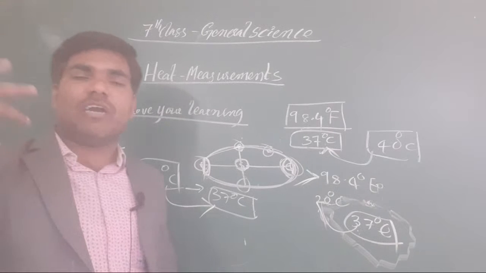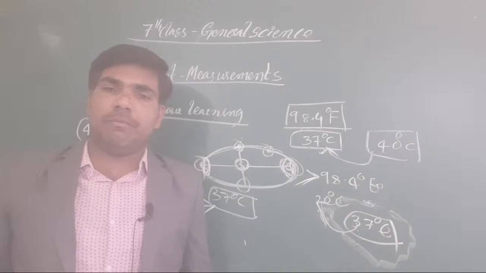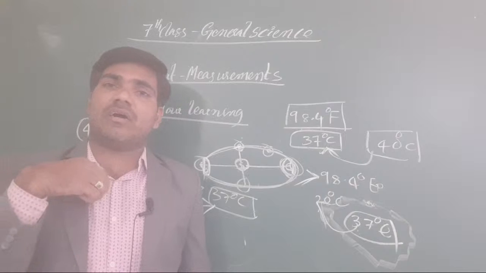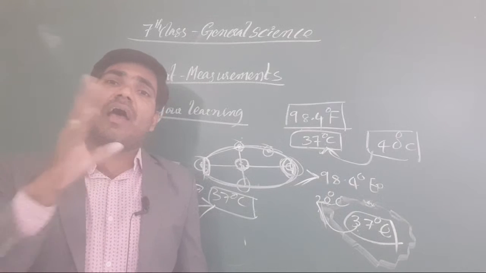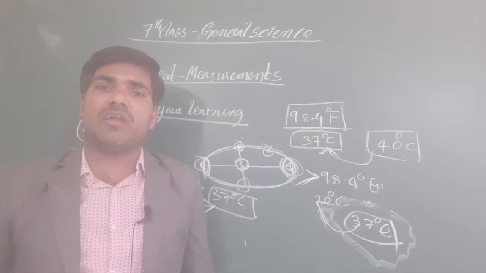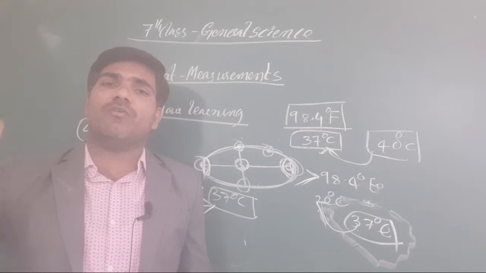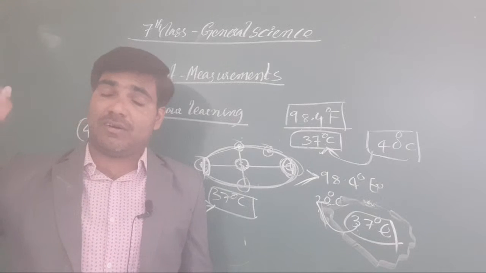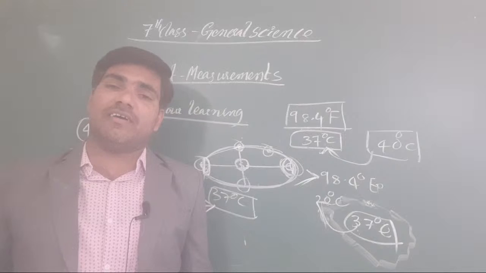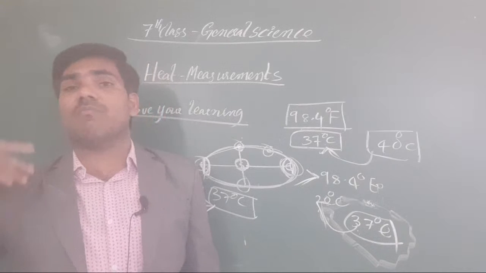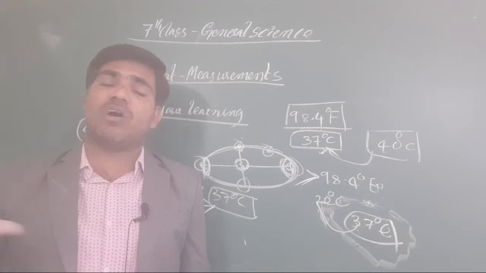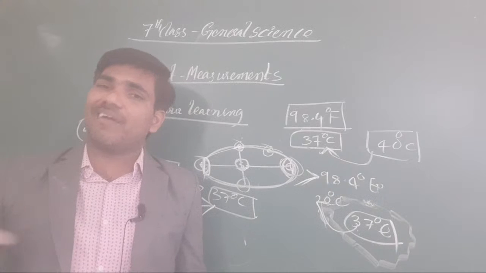What did we understand from this? Every time, for our healthy purpose, so that our body organs work as usual, we compulsorily maintain our body temperature at 98.4 degrees Fahrenheit, otherwise 37 degrees Celsius. Now, if it is greater or lower than this temperature, our body is not in a balanced condition, it is not in our normal condition, and our health may not be normal.